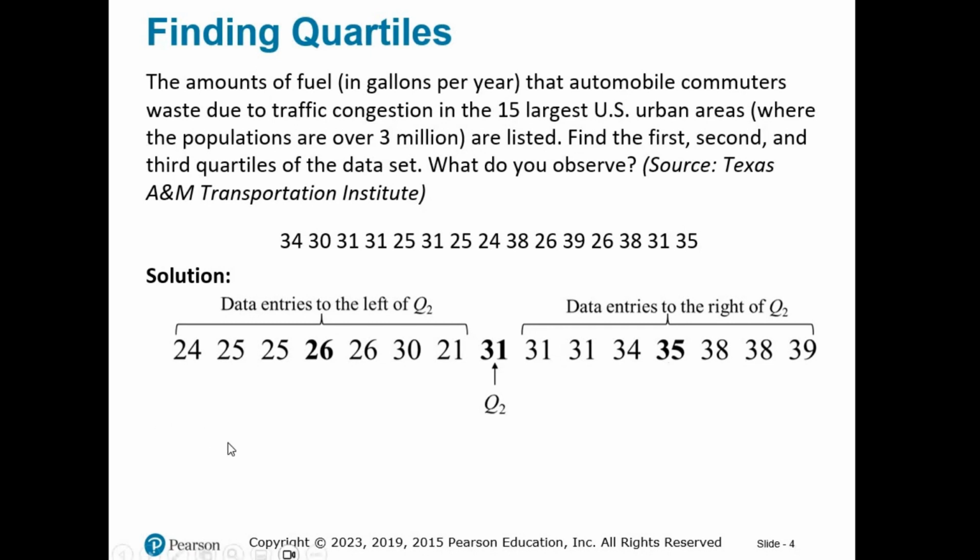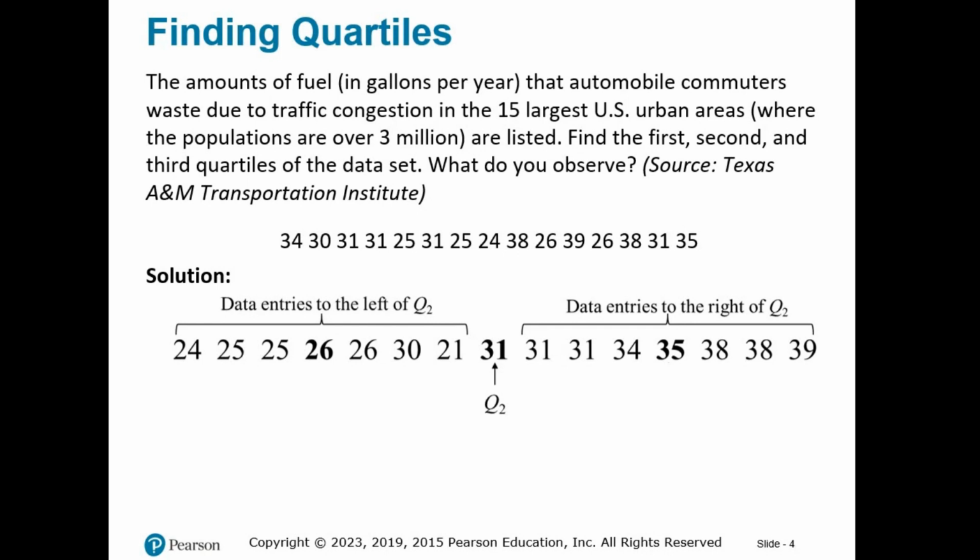We are essentially doing the same thing, finding the median of the data set, only this time with only half the data set. Important point here, we do not include the median when finding the quartiles. When the original data set is an odd number, this is very clear, as in this example, but when we have an even number of original data points,